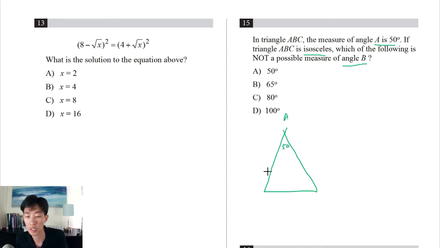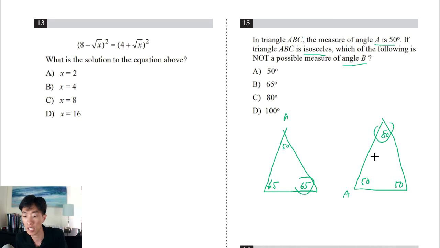Given that a triangle adds up to 180 degrees, when you do the math, these 2 become 65. The other possibility is that angle A is one of the base angles, and so you've got 50 here, 50 here, and then when you do the math, this angle is going to be 80. So really the possibilities for the angles of B could be 65, 80, or 50. And that takes care of A, B, C, so you're left with D as the only option that angle B